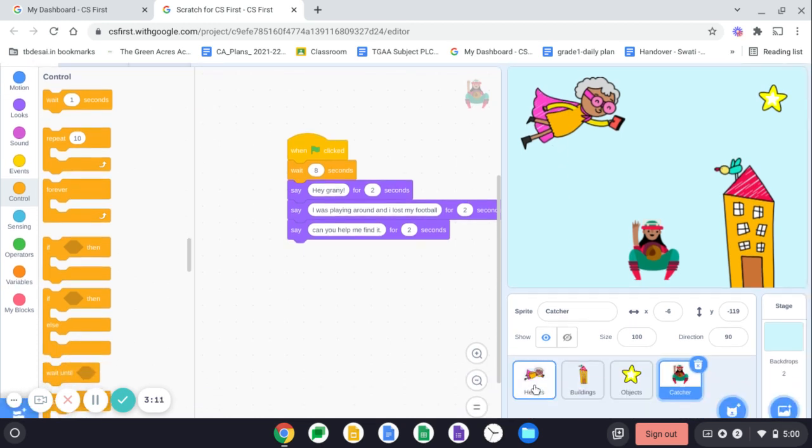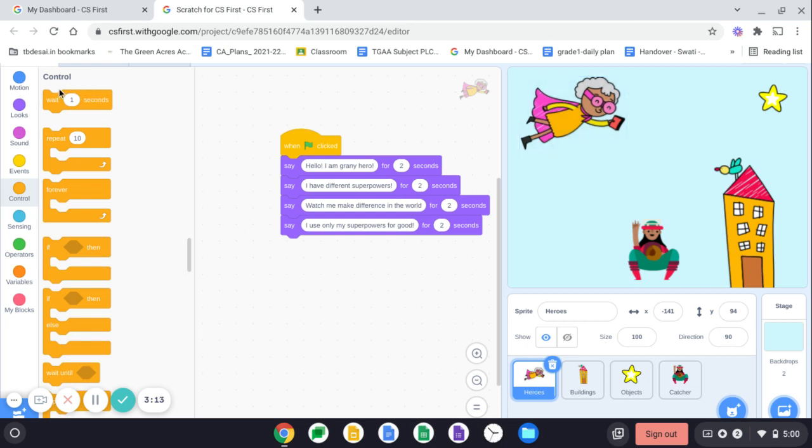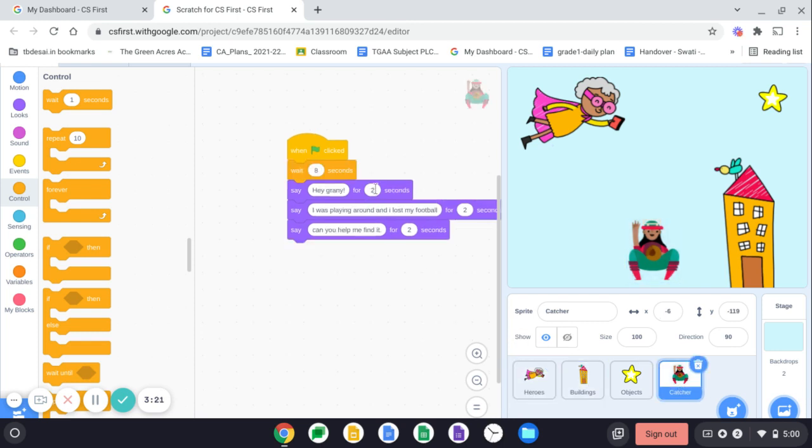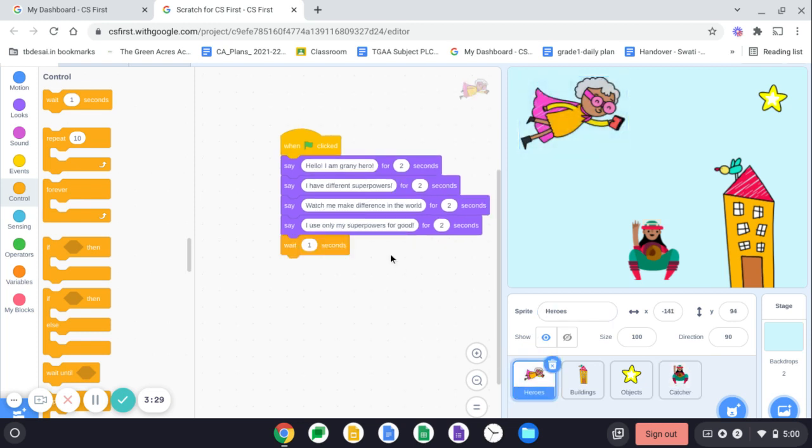So I am again going to click to the Granny, add wait for 1 second over here, go to the catcher and check for how many seconds the catcher is talking. 2 plus 2 plus 2, 6 seconds. So click on the Granny again, make this wait to 6, and now